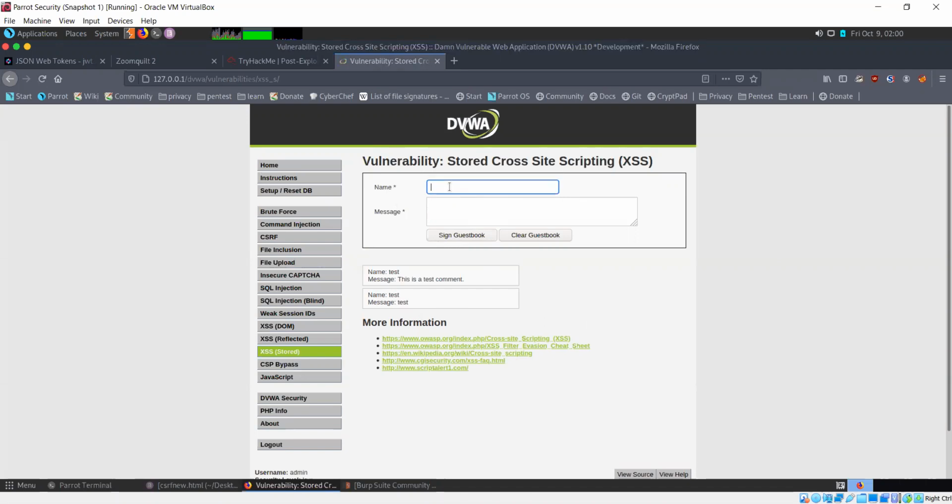Now let's try doing some cross-site scripting. Again, we start with the basic. Now the thing is, this has a fixed length. I think that's why it's not letting us type any more things. Okay, no worries. Let's try it here.